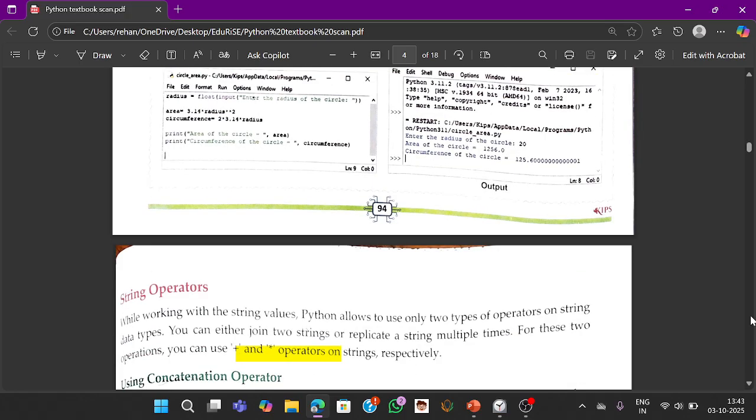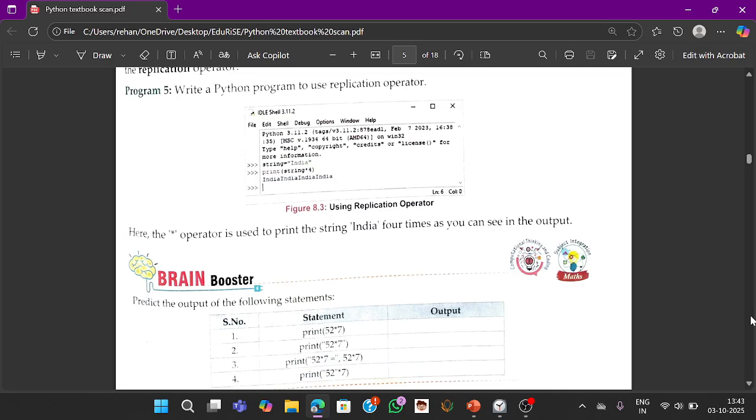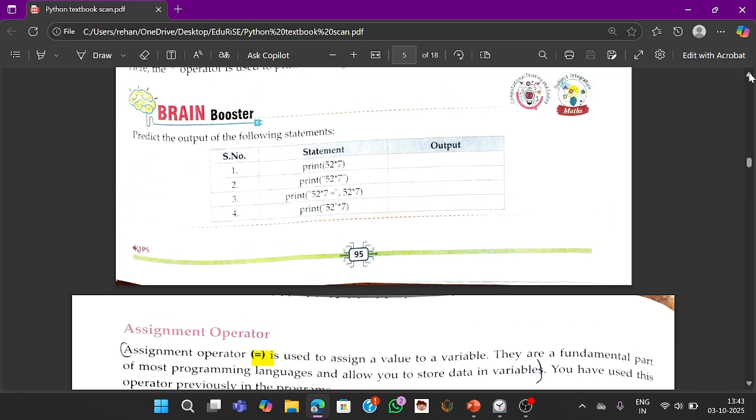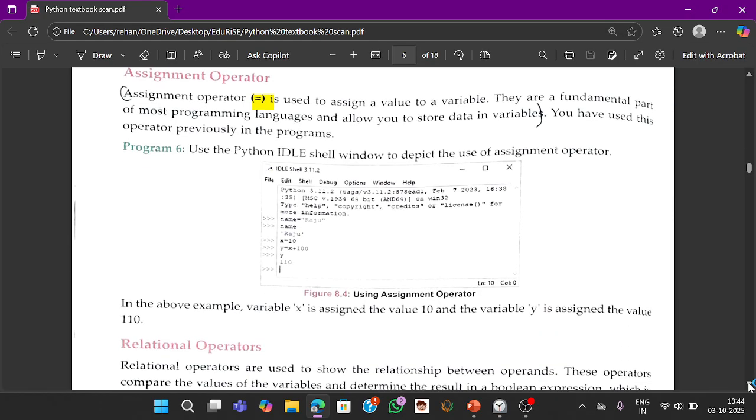Then there is string operator, where we have performed concatenation and replication operation. We have seen 2 programs related to that. Brain booster, we have seen how the outputs of these statements will be reflected. The next operator is assignment operator, which is a single equal. And I also have discussed how a single equal assignment operator differs from double equal, which is in relational